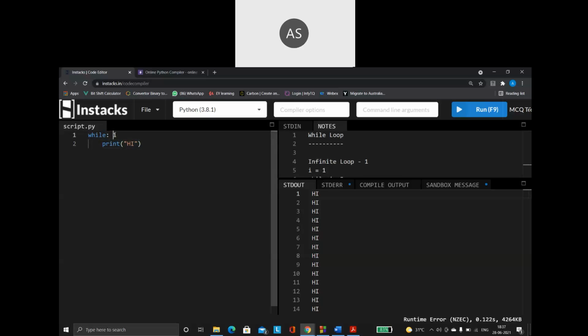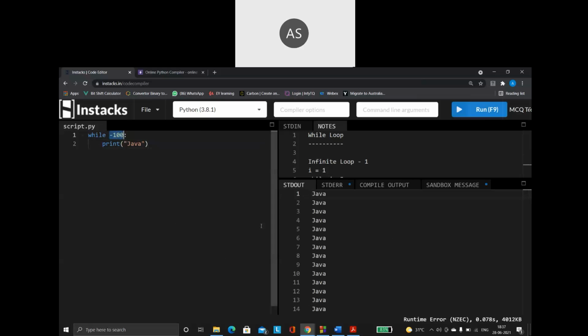So whether you're giving 1 or whether you're giving 100, the condition is going to be true. Let us just check that also. Here I'm just printing C on this. Because it is a non-zero number, it is going to be considered as true. Whether it is a positive number or a negative number, I'm giving minus 100. Let me change the print so that you don't think it is the same output. Every time I'm running, it's producing another infinite loop because it is still considered to be true.